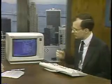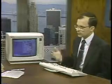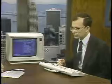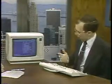Disclosure Incorporated, which is available by diskette or it can be downloaded. Information from Standard & Poor's Corporation, available on diskette. Information from Ford Investor Services. So how many different pieces of information? There's about 700 items of information, in fact, and in addition...